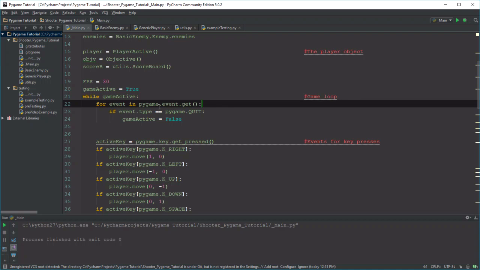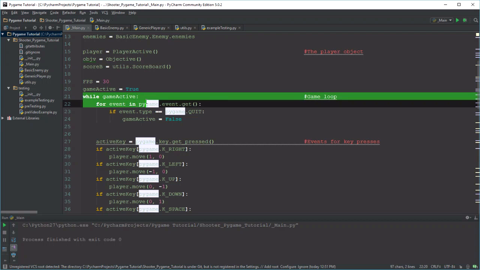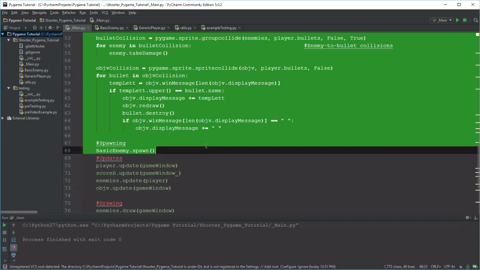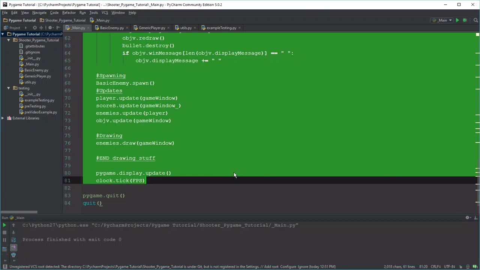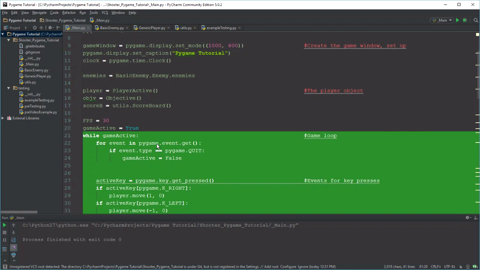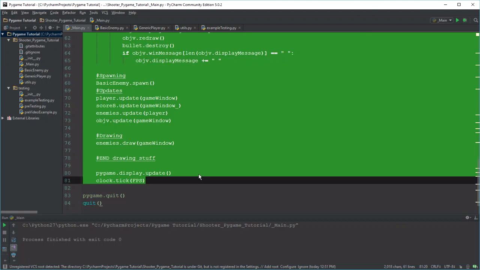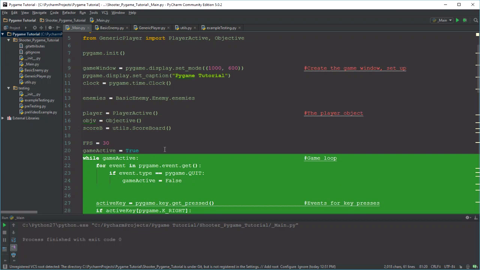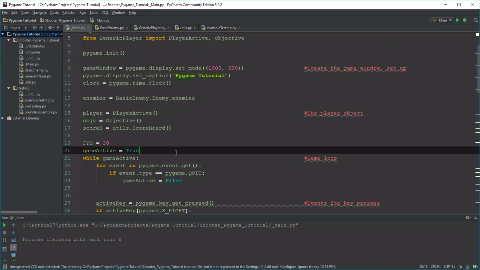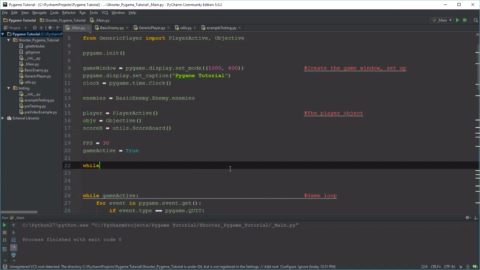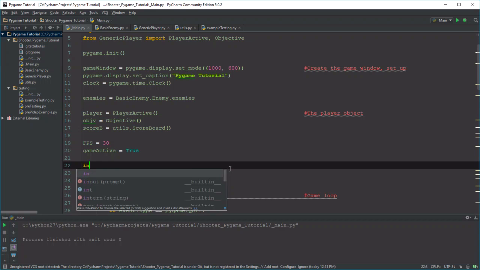Now, the idea behind scenes, with how we're going to do them, is basically how we did game active. So we're basically saying while the game is active, run the game. So while the game is active, do a tick of the game, which is what we've been building since the start of this. So it's very easy to create a new type of window. I'm actually going to separate these two, just because chaining while loops would be kind of weird. So I'm going to create a new variable, and I'm going to call it something like intro,